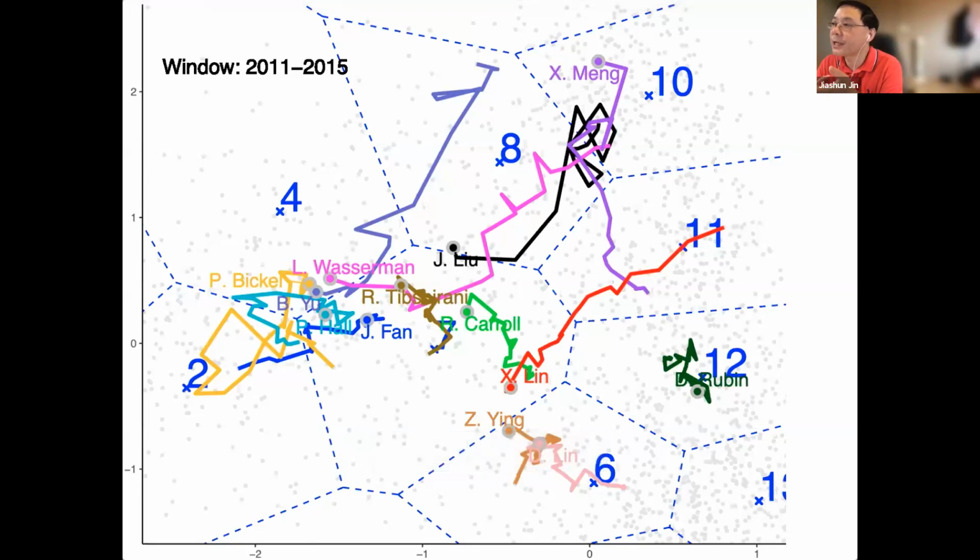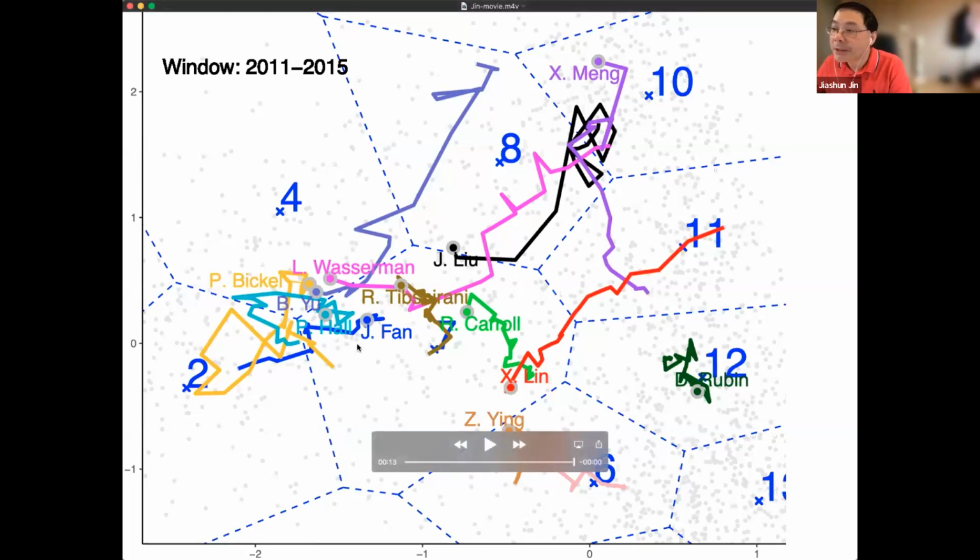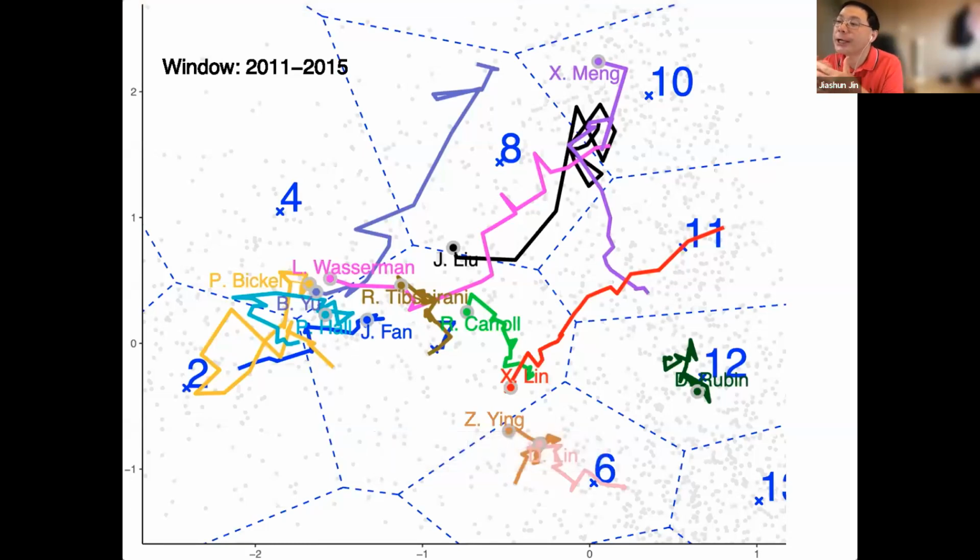You may find that a lot of people like Bing Yu, Jun Liu, Xihong, and Larry Wasserman all moved to the areas in the center of the triangle, which is actually nonparametric, lasso, and bootstrap. You may interpret them as high dimensional data analysis in 2010 to 2015. There are other people, for example Peter Bickel and Jianqing Fan, who do not move that much. I think the interpretation is that they were already in the hottest area, which is nonparametric in the 1990s, so when they moved to the 2000s, they continued to work on that area.